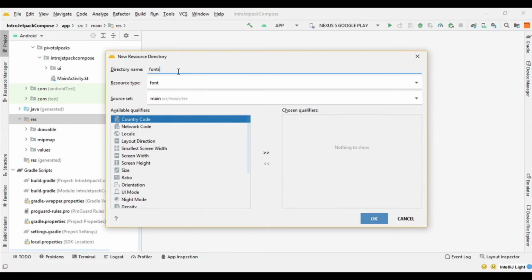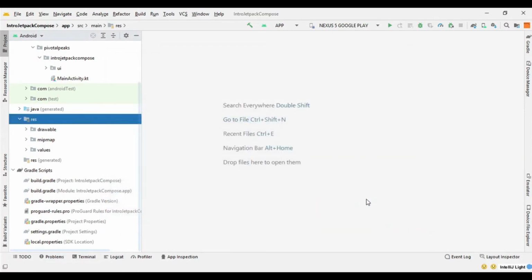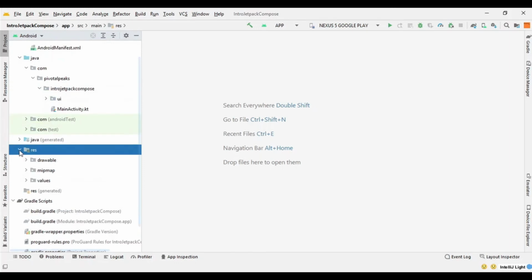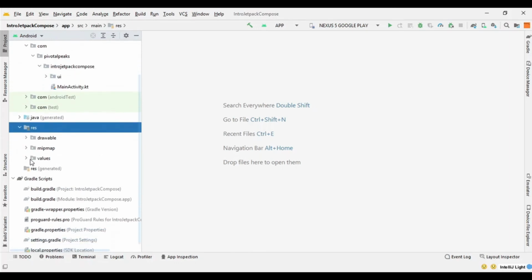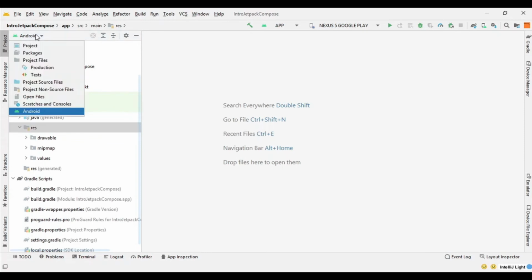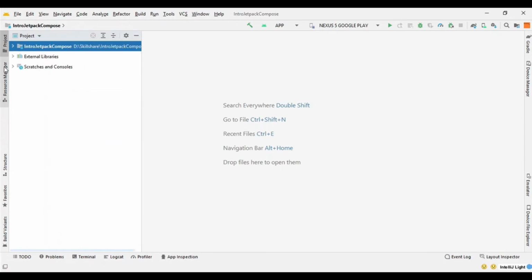Let's call it fonts actually. And it did not appear here. Maybe it's taking some time. No, I think I accidentally put it somewhere else, so I need to check it.